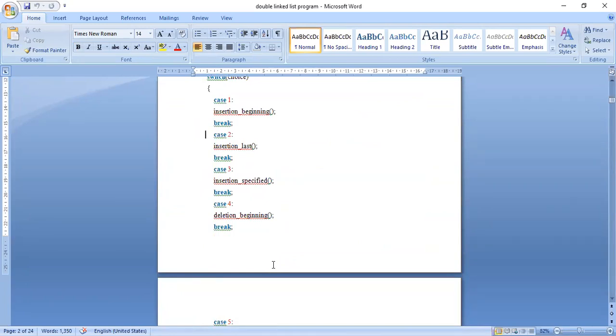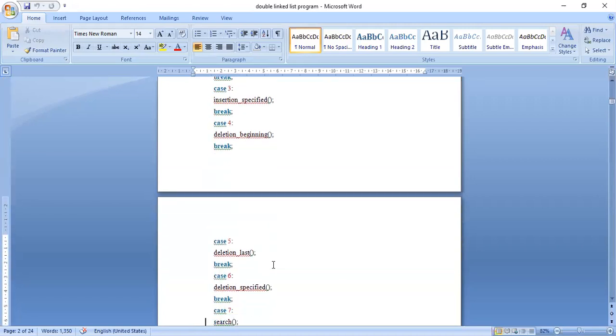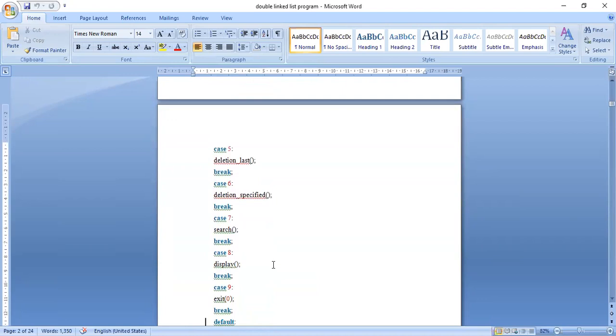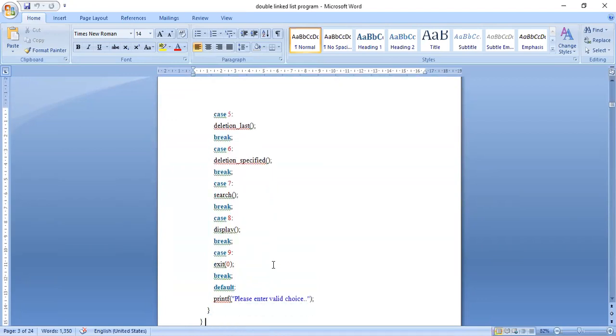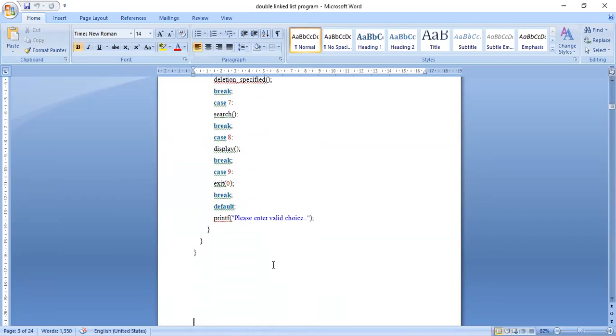Insertion beginning, insertion last, insertion specific, deletion beginning, deletion last, deletion specific, search, display, exit, default. If you don't give any value within 9, if you have given something like 11, 12 or something, then it will tell please enter a valid choice.